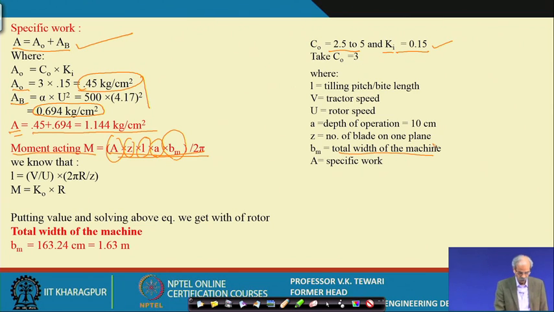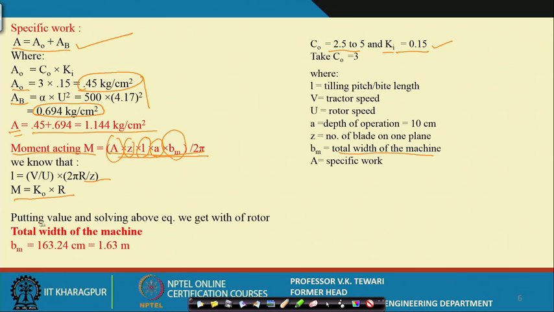So, the moment acting, M, is this. We know that L is V by U is equal to this, then M is K0 into R. So, putting values and solving the above equation, we get